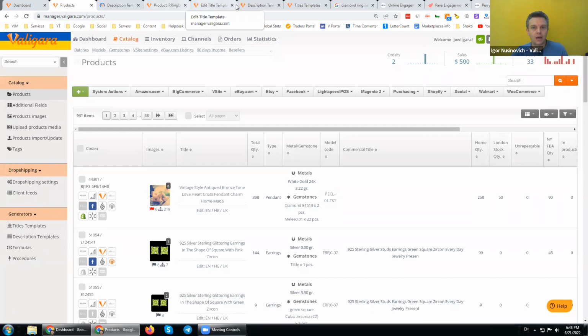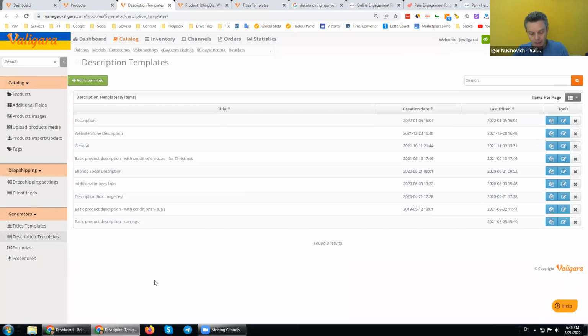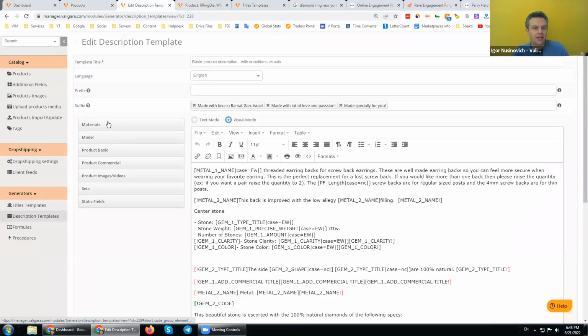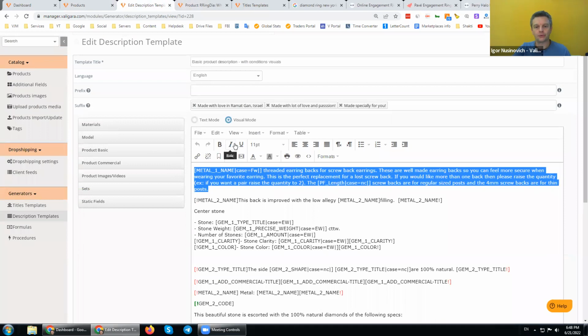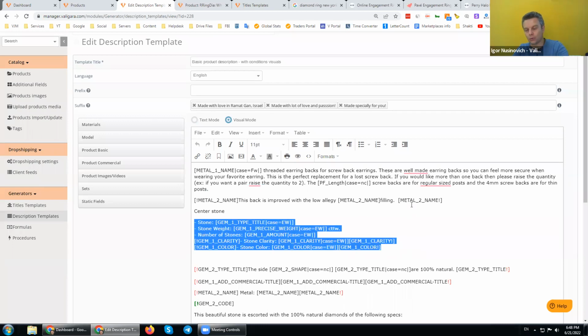Description generators is another way of using my data, right? The difference is that in this case, we create text. Now, this text, again, it's very important for me. I can take any information about the product inside the text. The text can be created in two modes, one visual and one text. What's the difference? In visual, I can use bold, I can use italic, and it's like what you see is what you get, like online Word, like you use in Google Drive to create a document.